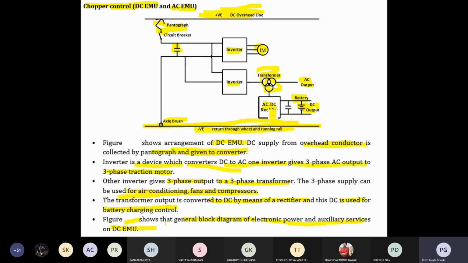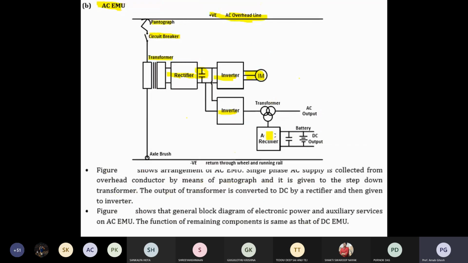So the inverter, then AC to DC rectifier, AC to DC rectifier, then battery bank. You know that the transformer has three windings. It's a 3-winding transformer. Okay, so battery is there, the battery bank, then the DC output you will get. Here you will get the AC output, and now you are getting the DC output. So what are the important points?